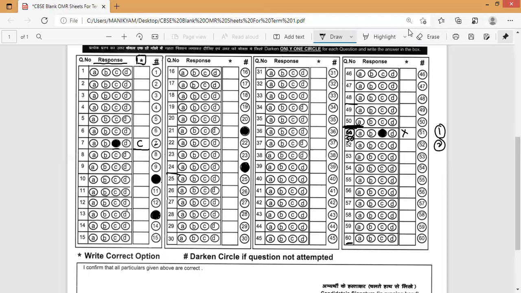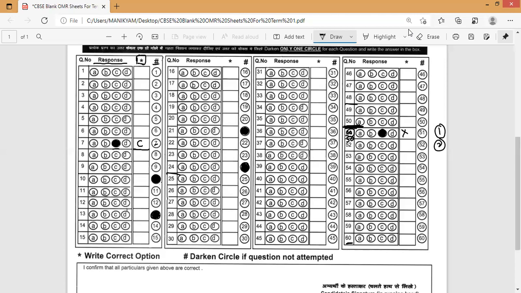And now you can see here, the fifth point is also over. So the fifth point is, if you have not attempted, if you are unaware of that question, you have to bubble in the row, the same question number inside the circle. Now onwards, whatever I'm going to say is most important. So please concentrate more and try to practice by taking the printout of this paper.